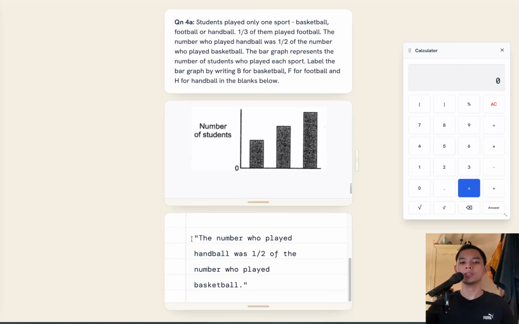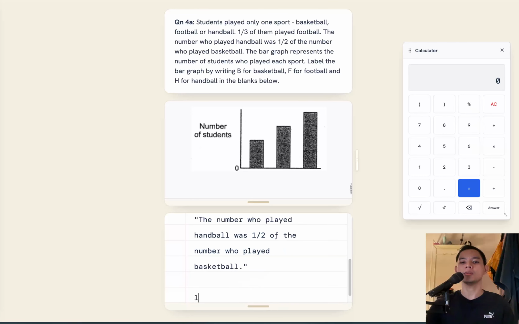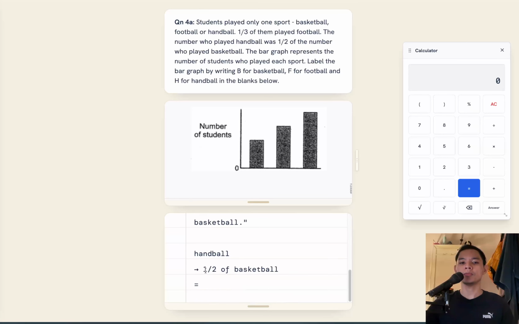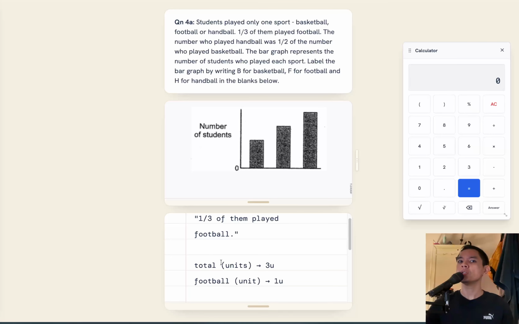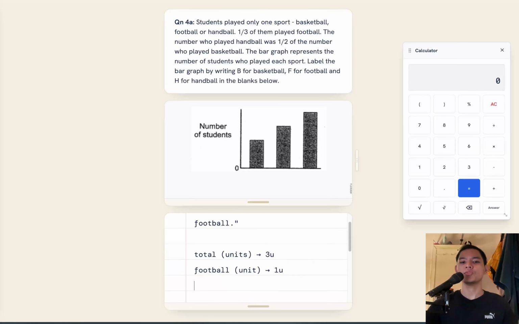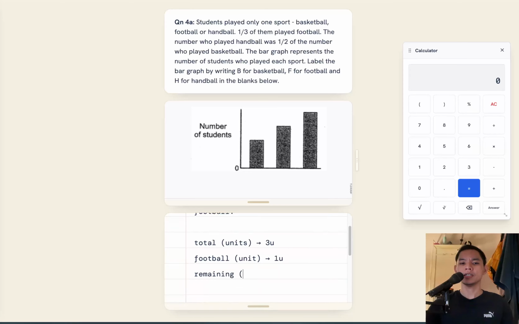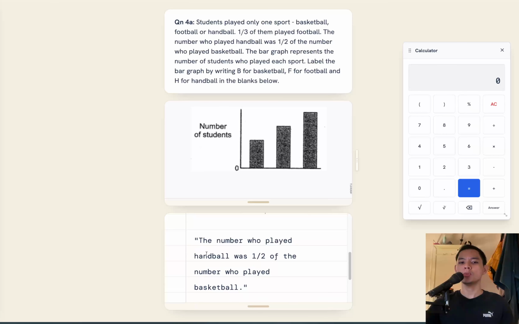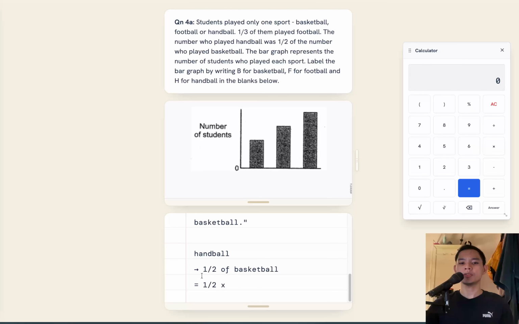Okay, so from the statement here, the number who played handball was half of the number who played basketball. So handball is equal to half of basketball, and half of basketball means you multiply. And what is basketball? We don't know. But from football over here, the remaining, which is handball plus basketball, is equal to 2 units. So when it says the number who played handball was half of the number who played basketball, that means